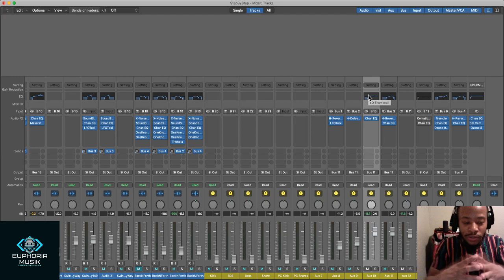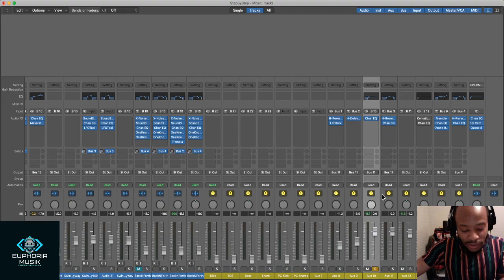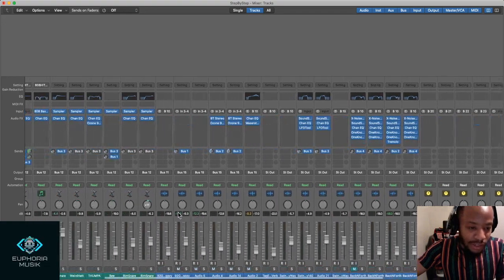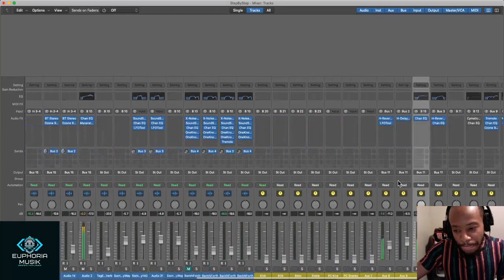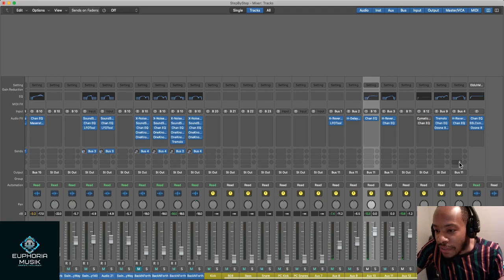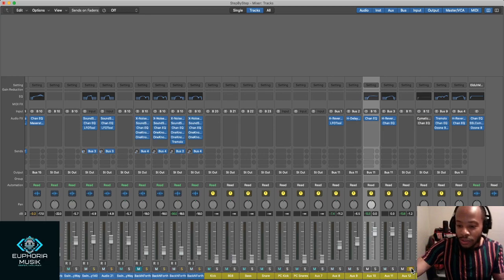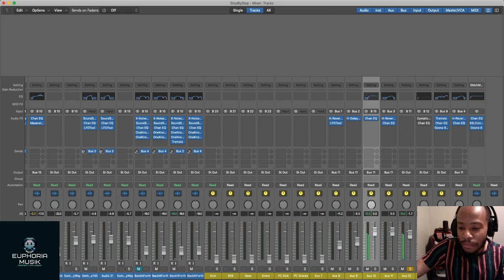There are other sounds conjoined in this bus. That's why when I solo this, you start hearing the rest of the sounds, other tracks that are sent to bus 11 or bus 15. Well, that's mainly just an EQ channel, and then bus 11 is just controlling the volume of instruments. So it's just another way to control and add more plugins and stuff onto it.